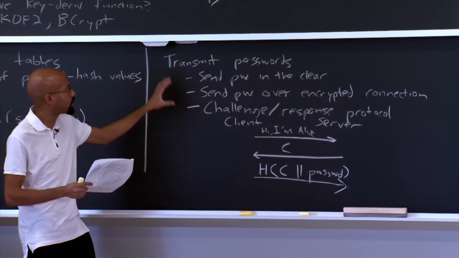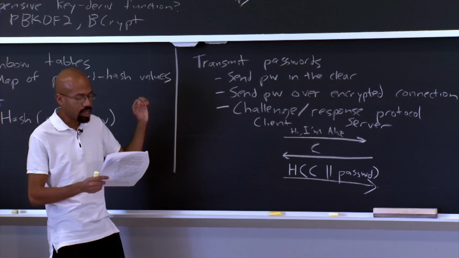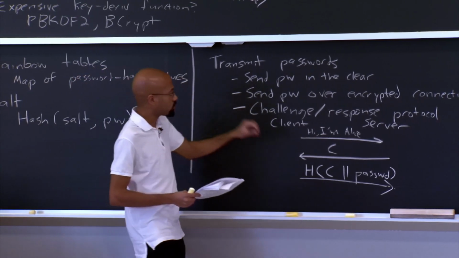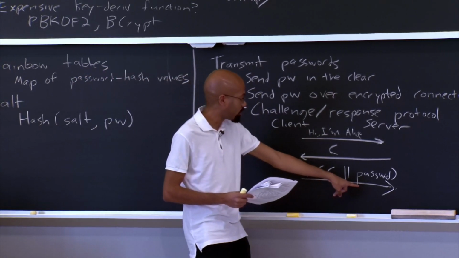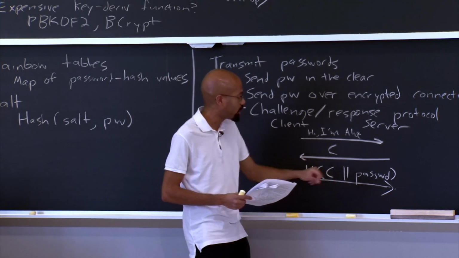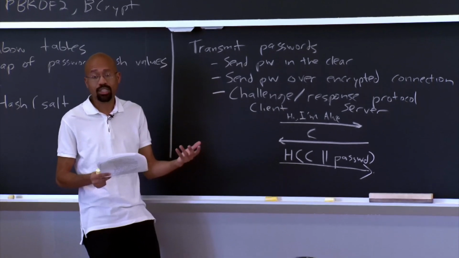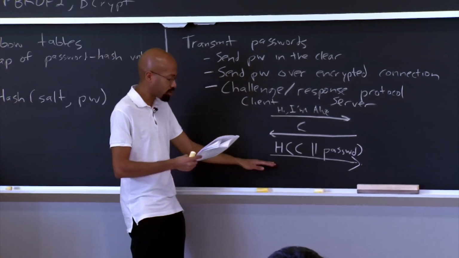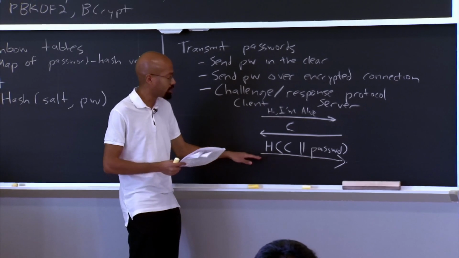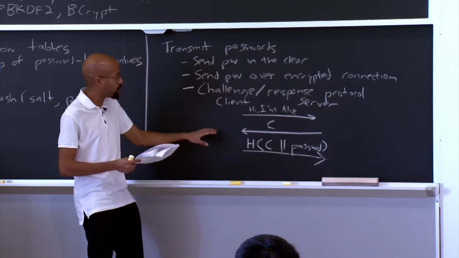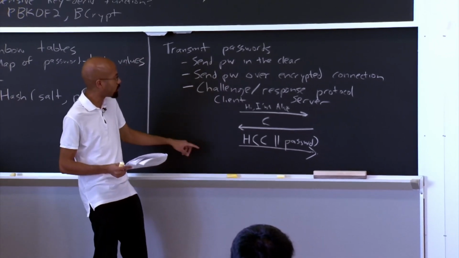So this segues into the discussion we were just having. Even though to break this, the server would have to invert this hash, the attacker could still try one of these sort of brute force attacks. One way that we can prevent the server from doing these brute force attacks is to choose one of these expensive hash functions, kind of like we were discussing before. Another thing, as we just discussed, is that you could actually allow the client